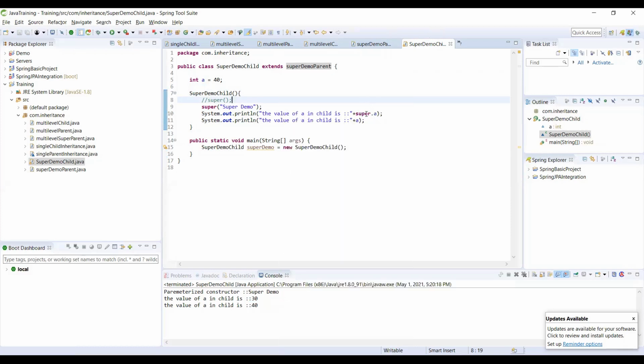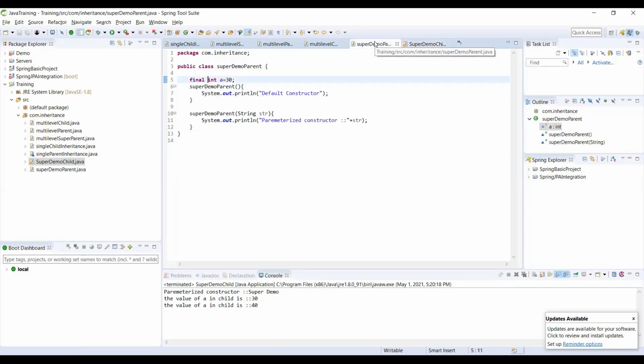I have declared my variable as int a equal to 30, and the type of variable is final. So what happens when this is declared as final? It will not allow you to modify the data.